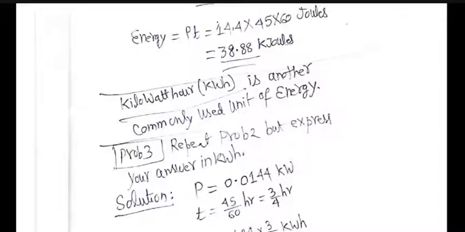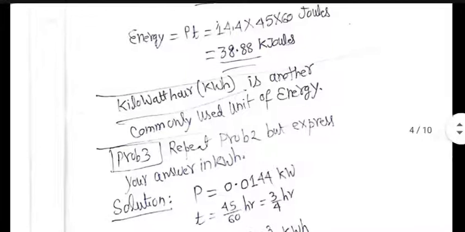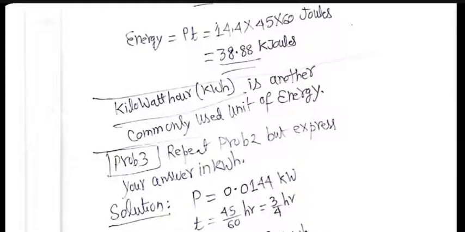That's the way you look at the word itself. That's self-explanatory. 1 kilowatt power consumed over 1 hour time gives you 1 kilowatt hour energy, assuming that power is constant over the entire time period.